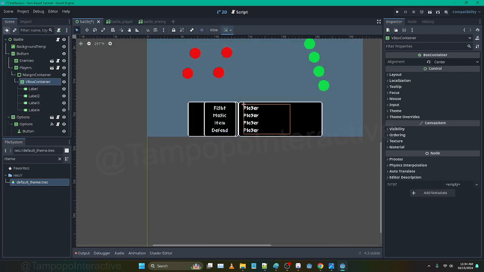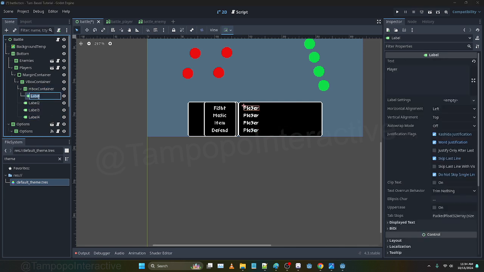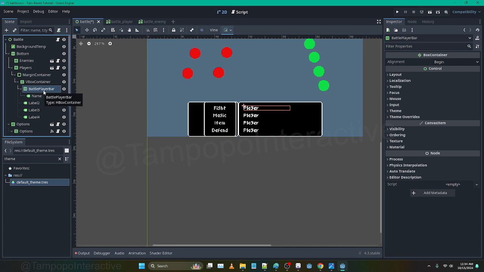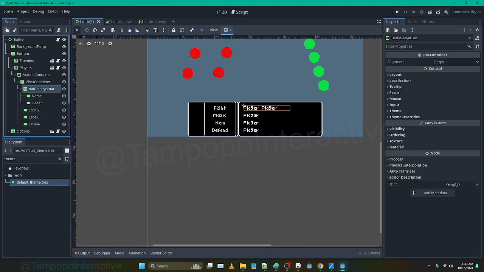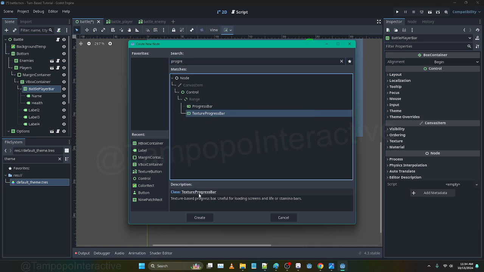So I think these will turn into that. We're going to do an HBox in here, and we'll start piecing it together. So that's going to be the name. I'll call this like player or battle player bar. We're going to have name. We're going to have health. And probably want MP, but right now let's just worry about health. And then we're going to throw in a progress bar. I usually use a texture progress bar. That gives me more control over how I draw it. Now, they might have improved things, but